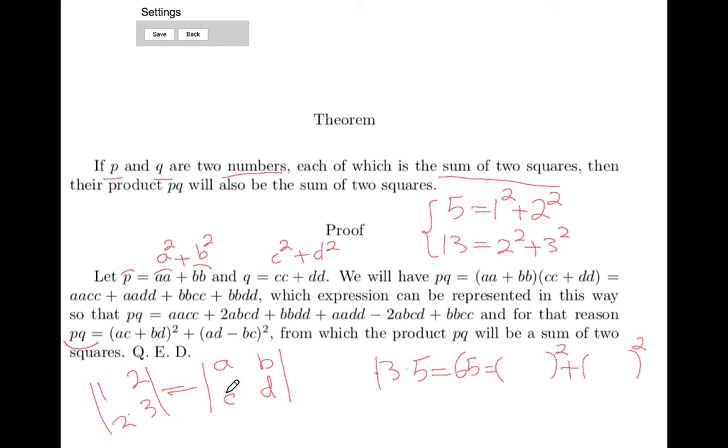So column multiplication, then add them together: 2 plus 6 is 8. And then we have 1 times 3 minus 2 times 2, which is negative 1. In fact, I can write 1. So it's 64 plus 1, and this is 65. It works. All right, now going back to the problem